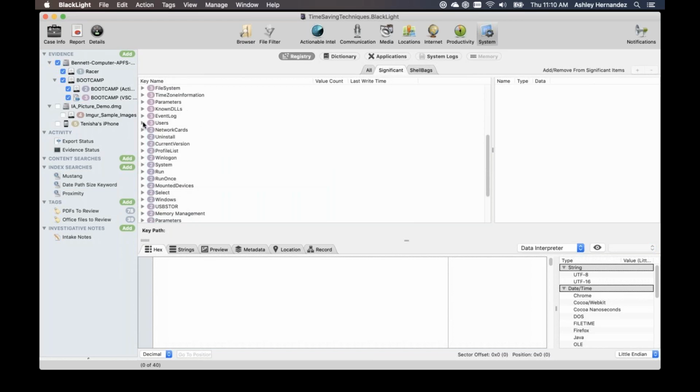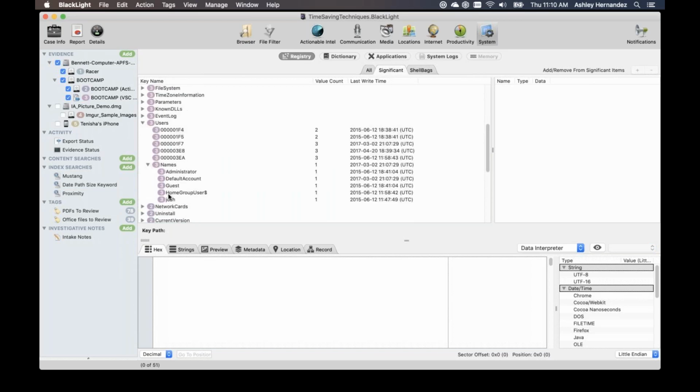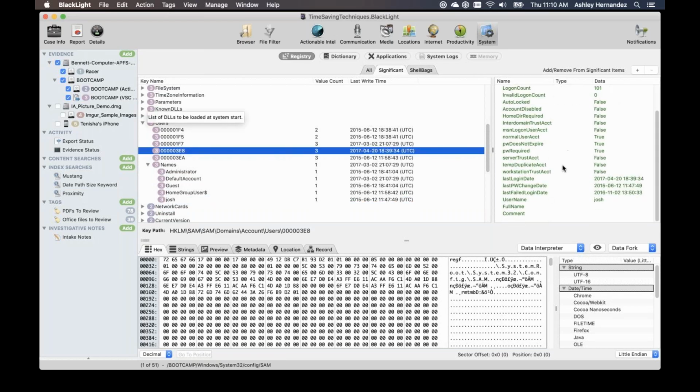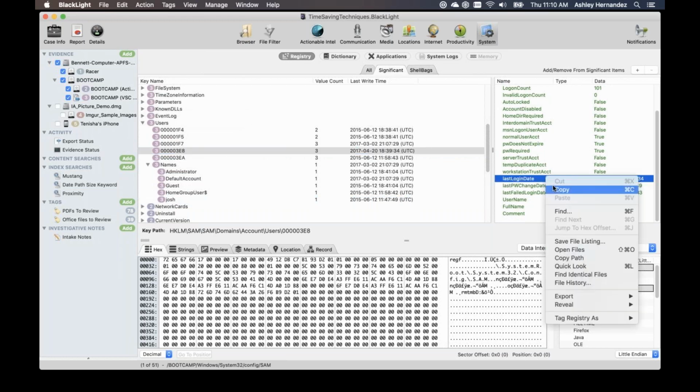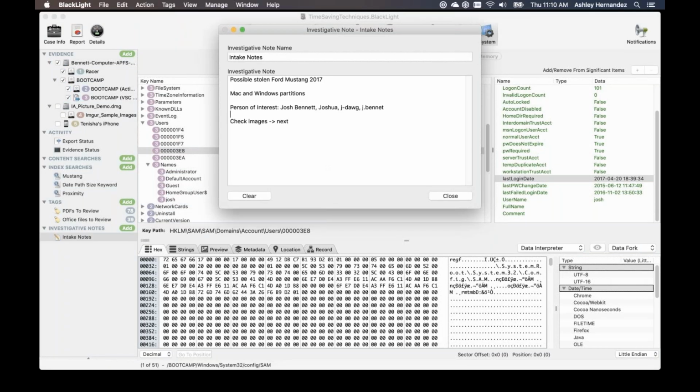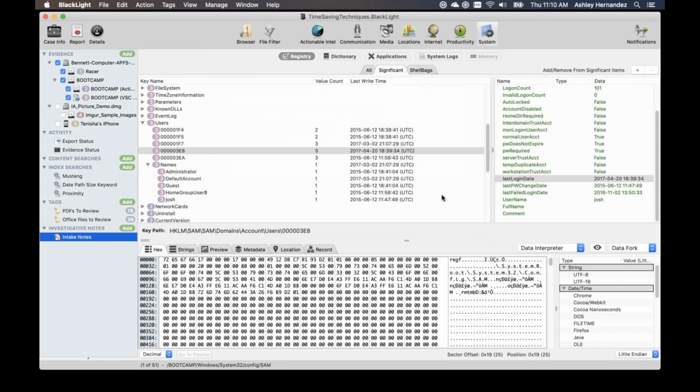And I can look through those automatically to pull out things like, let's go ahead and see what the last logged in date was, or when he last changed his password. So I could take this, and again, if I'm just trying to keep some notes for myself, I might say, okay, I saw that the last logged in date was that. And then I just have it as a note. I'm not necessarily wanting to put that in my report, but now I have a note for someplace that I might want to come back to later, which is when I last saw activity on this machine.